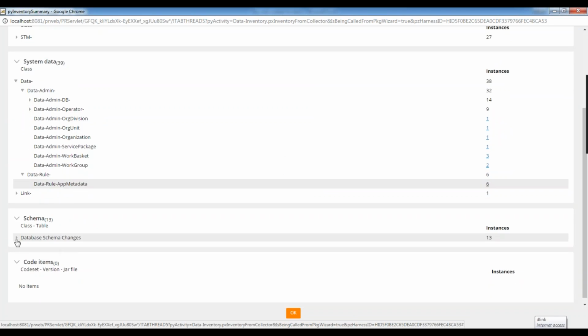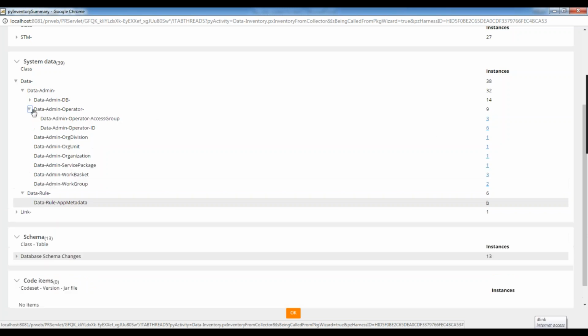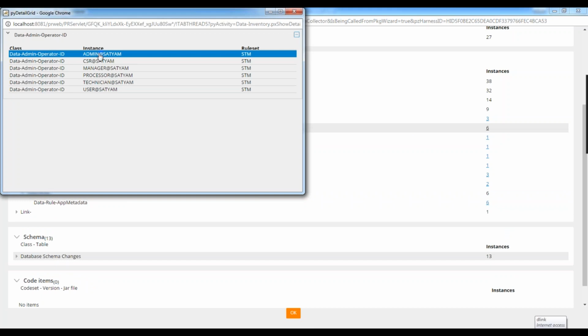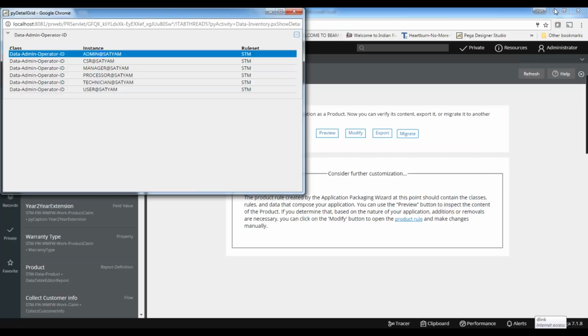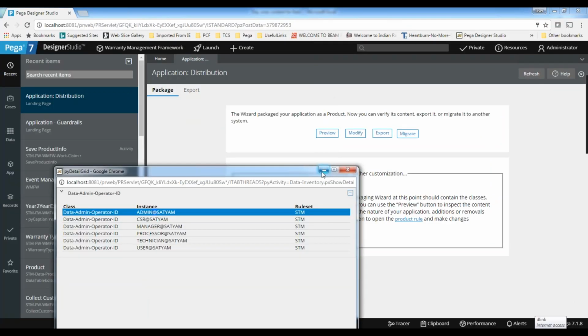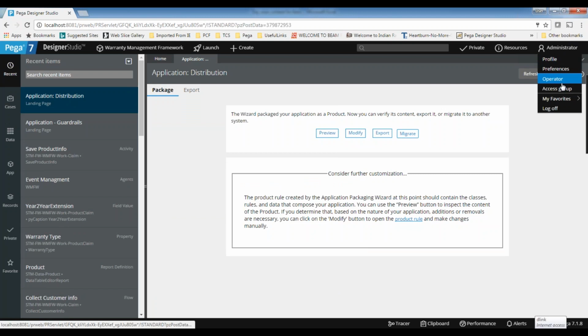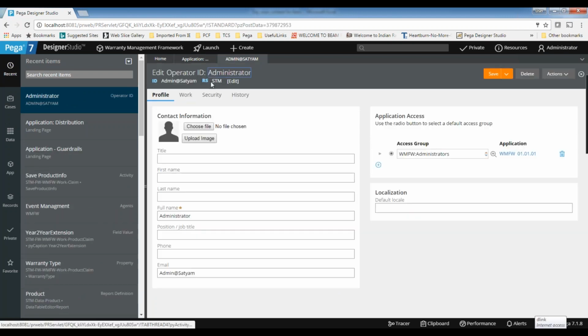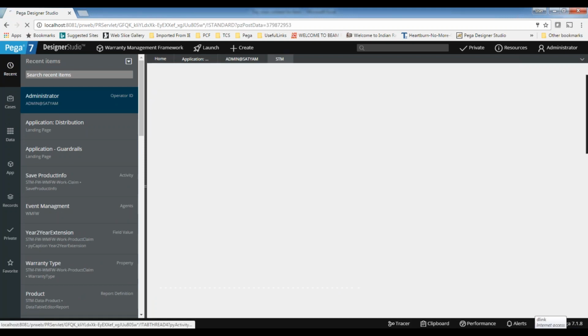But manually, if you are doing something like, let's say, where are the operators? So these are the operators we have. Let's click on this admin. It's not open, right? So this operator ID is also data. This is a data instance only. So you can see here rule set. So this operator ID, this data instance, is associated with the STM rule set.